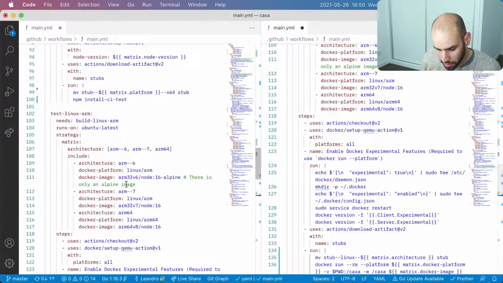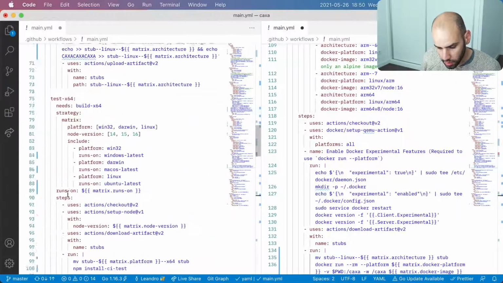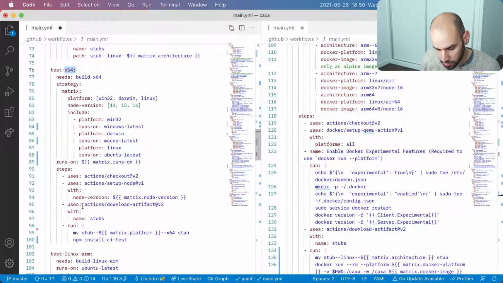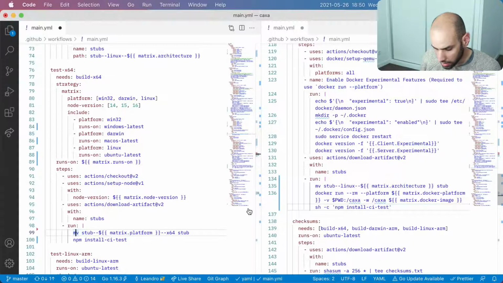And I like the parallel between the test on Intel 64, which is just move the stub to the right location and then run npm install CI test.